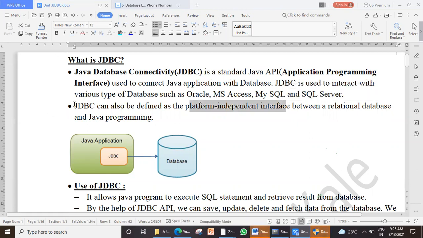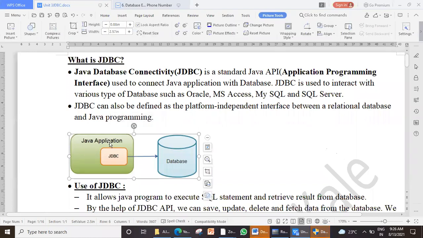This is important about JDBC. When it comes to ODBC, it may not be platform independent, but when you specifically define JDBC, platform independent is a special quality between a relational database and Java program. So here is diagrammatically shown.